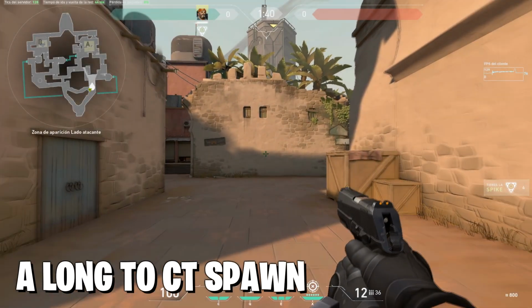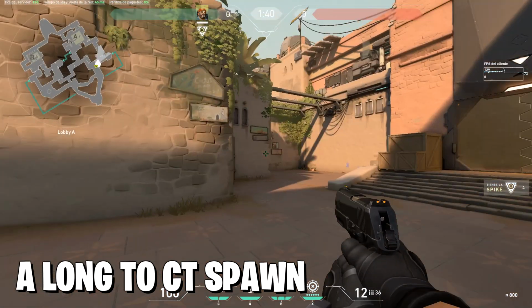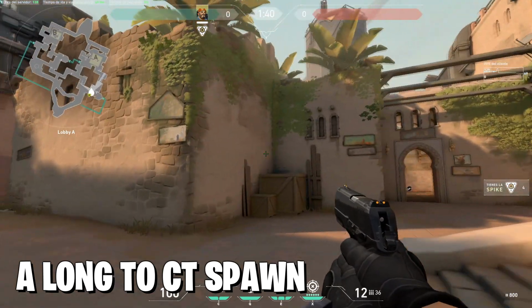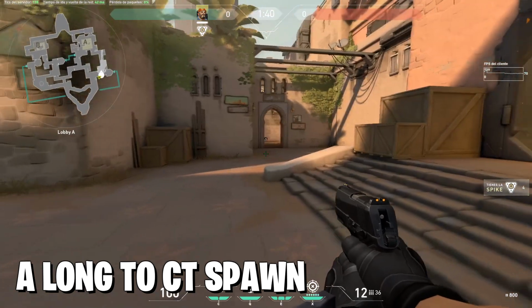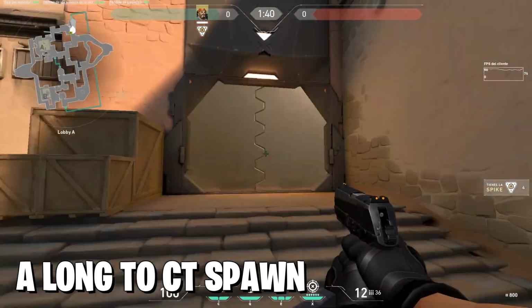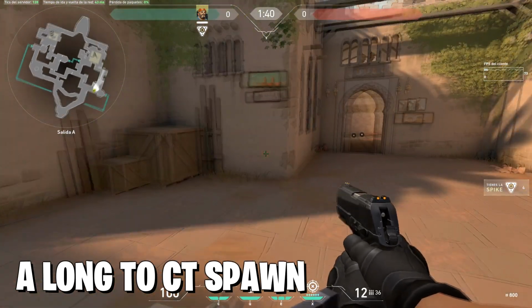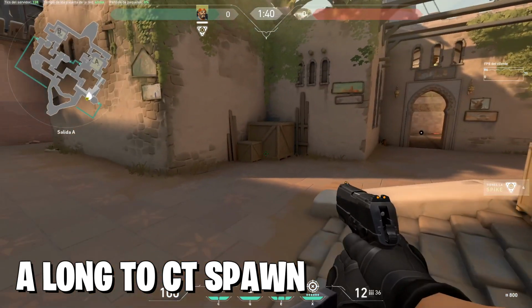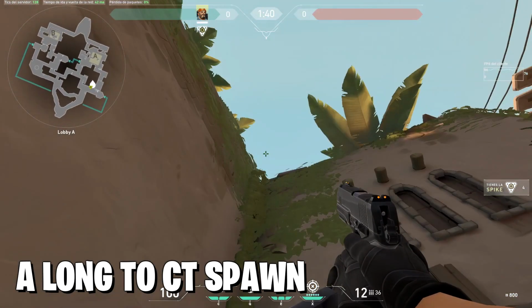So the first Molotov I'm bringing you guys today is the one you can throw from A long to city spawn, and it's going to be really useful if you're going to push on A toilets, or if you're using the TP from B long and then trying to rotate into the bomb site. The only thing you need to do over here is come into this corner on the boxes. Just look up,